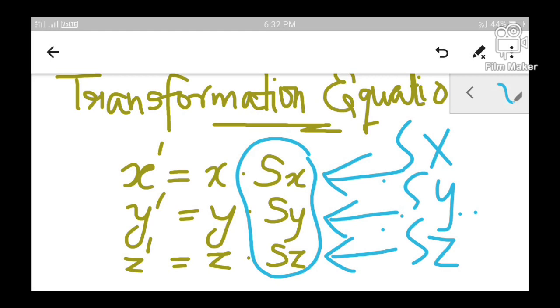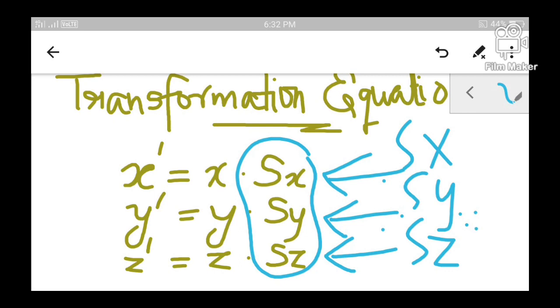But if you wish to perform a uniform scaling, then all these scale parameters should have an equal value. Clear? Only if they have equal values will all three dimensions have an equal increase or decrease in size. If they are all different in their values, then unequal increases or unequal decreases in size will occur in the three dimensions. So this is how uniform and differential scaling can be implemented in applications.